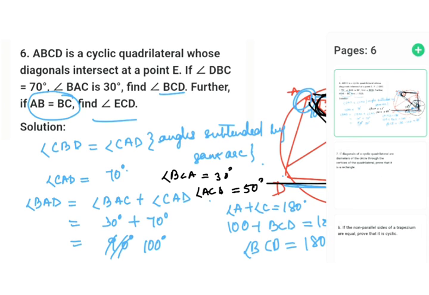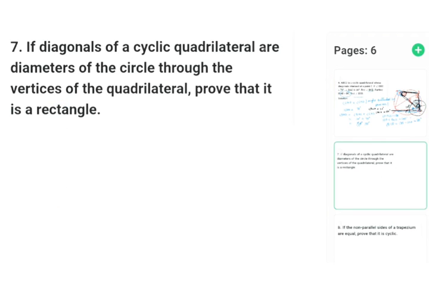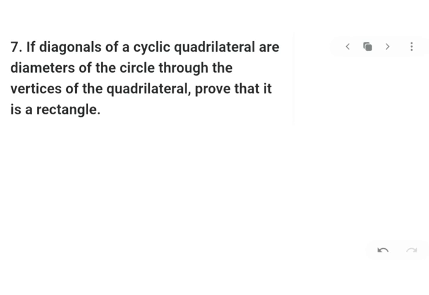Okay, let's go on to next. In our next we have the diagonals of cyclic quadrilaterals. So I'll just make a cyclic quadrilateral for you. This is a circle. In that circle, if I have a quadrilateral, that will be called a cyclic quadrilateral. If the diagonals of a cyclic quadrilateral are diameters, so if I join this, this is a diameter of the circle. If I join this, this is a diameter of the circle.